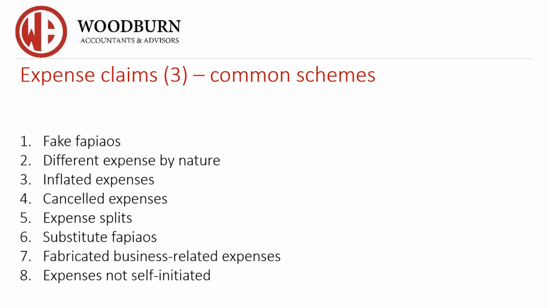If there's incorrect tax info on the FAPIAOs, right? If the FAPIAOs are incorrect or they have incomplete information, don't accept the FAPIAO. Okay, it should be just a very rigid rule. You don't accept it. Either they get a new one or you just don't book it. End of discussion. So these are all kind of things that you can create in terms of the expense claims, all right?